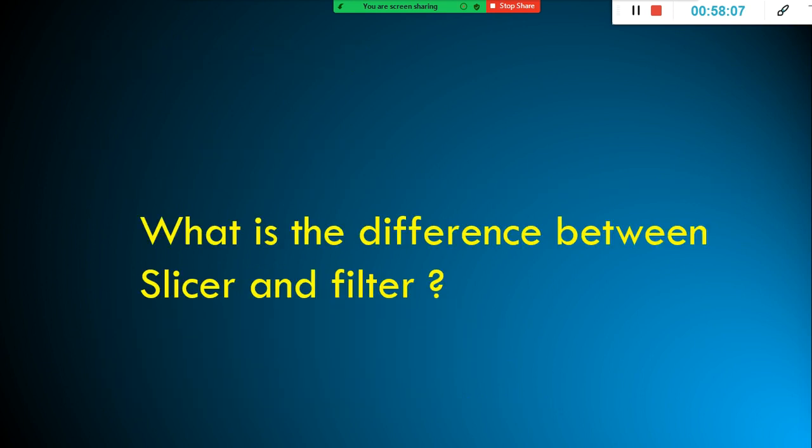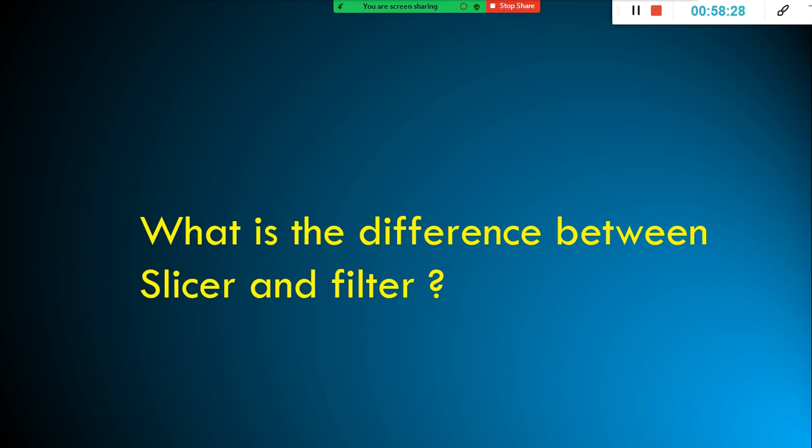And next one is, what is the difference between slicer and filter? Slicer, we have seen it so far. The filter is a hidden feature, right? In some reports, there might be multiple pages. On all those pages, you might want to filter it, right?